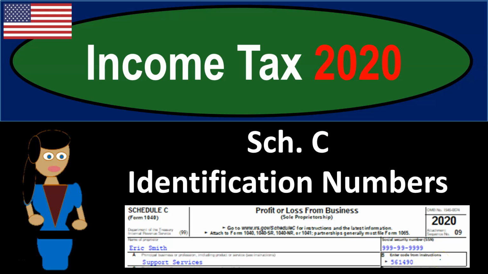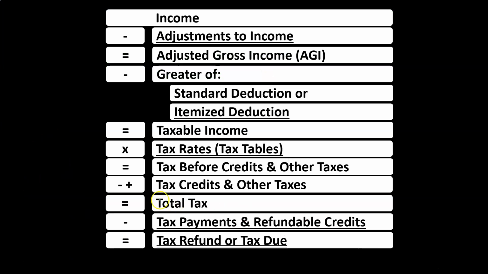Schedule C, Identification Numbers. With regards to our income tax equation, we're going to be on the first line, the income line, although it's a bit more confusing in that we're going to have the Schedule C having gross income and the expenses, which are in essence deductions on the Schedule C, and then what is basically the net income of the business. Then it's going to roll forward to the top line, the income line of our income tax formula, where we will then apply the above the line and below the line deductions to get to our